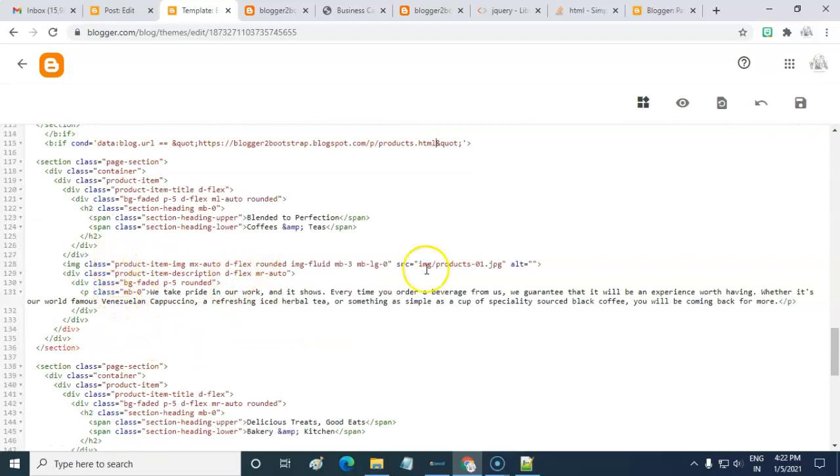End the image tag with proper slash. Products.